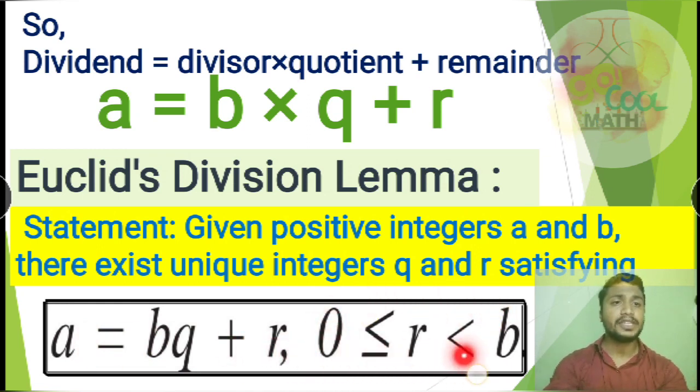And you observe the condition of this lemma, that is 0 less than or equal to r less than b. What is the meaning of this condition? Very important. That is the remainder is always equal to 0 or